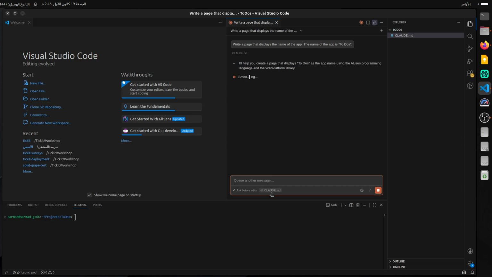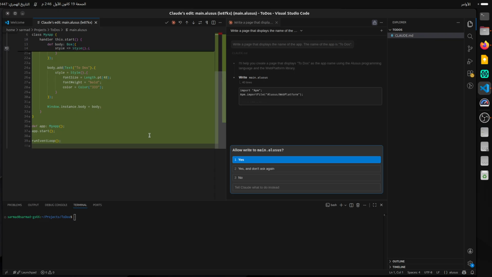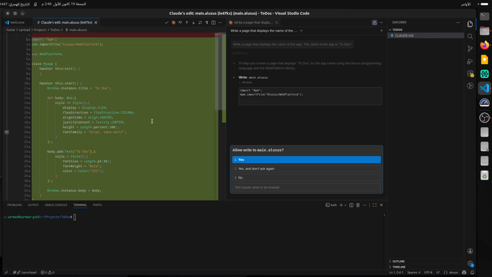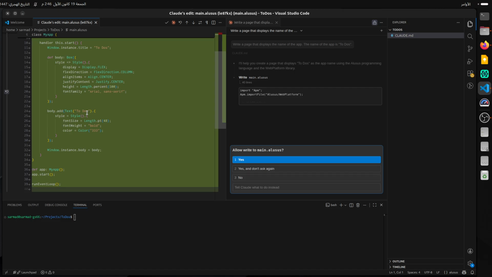Before we accept its changes, we'll see how close it is to a real Alusus app, and then if we see it's not good enough, we can give it some instructions. So it's doing some things correctly, but it's obviously too far from what an Alusus app should actually look like. So I'm not going to accept this, and instead I'm going to tell it to read